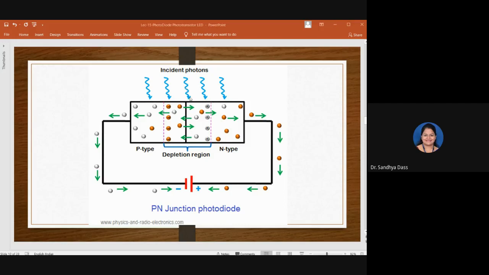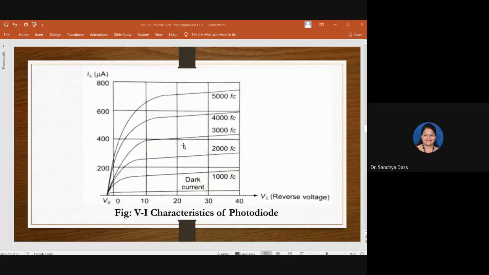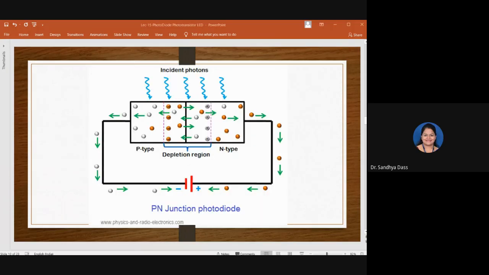So when the light falls on the PN junction, it is absorbed by the junction. This will generate more electron hole pairs, or we can say the amount of reverse current increases. In other words, as the intensity of the falling light increases, the resistance of the PN junction diode decreases. Thus, the intensity of the light energy is proportional to the current flowing through the device. So I hope this explains the operation of the photodiode there.